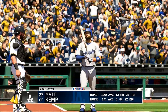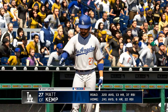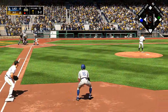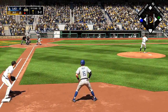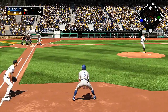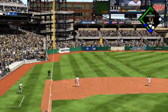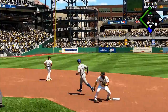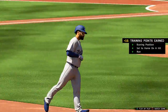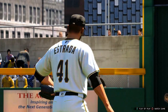We'll see what Kemp can do here against the Pirates, as they are trying to get the runners out at first and third. Simon Unger, of course, at third. And we'll see here what Kemp will do. And Kemp gets his pitch here. Simon's going to go ahead and take off here. Kemp hits this one and launches this ball right over the left field wall. That is a home run. A 3-run shot there for Matt Kemp,